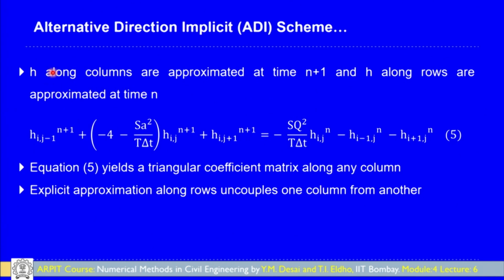So, here h along columns is approximated at time n plus 1, and h along rows is approximated at time n. So, we can rewrite the equation as in equation number 5. So, here you can see h i j n plus 1 plus minus 4 minus s q square by t delta t, h i j n plus 1 plus h i j plus 1 n plus 1 is equal to minus s q square by t delta t, h i j n minus h i minus 1 j minus h i plus 1 j n. So, this is equation number 5. So, equation 5 yields a tridiagonal coefficient matrix along any column. The explicit approximation along rows uncouples one column from another. So, that is the advantage of